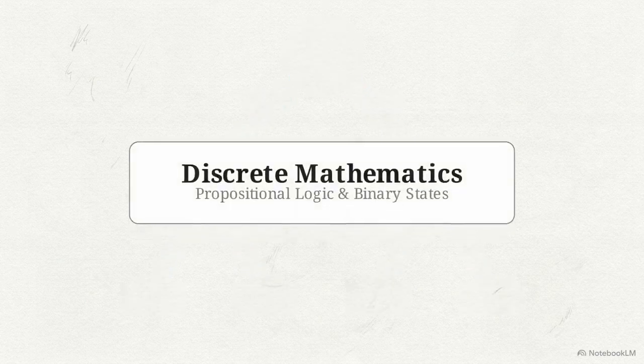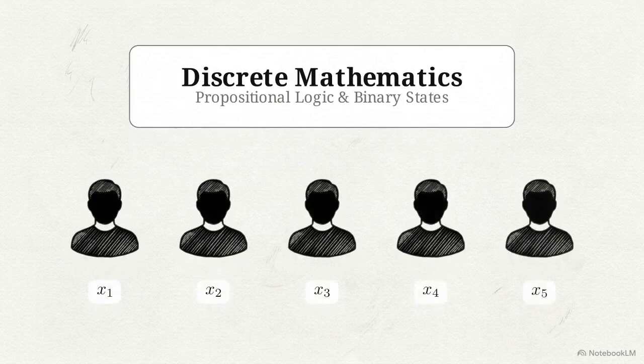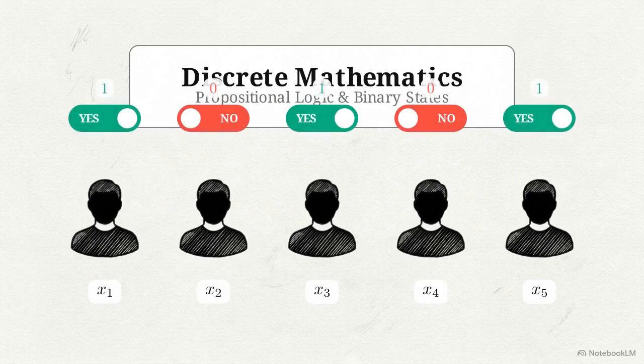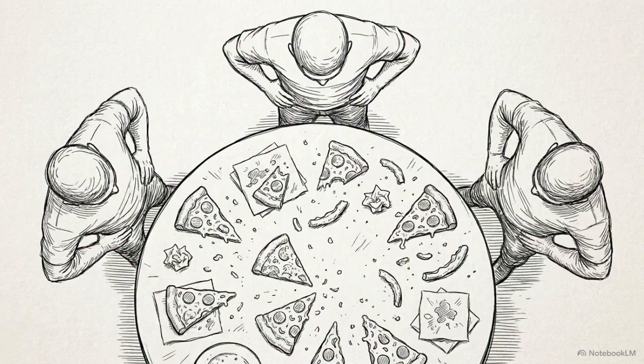This specific branch of math is called discrete mathematics. It deals with distinct, separate values, like individual people and their strict yes or no preferences. By solving this dinner order, you're using the same logic that modern software uses to organize data and make complex decisions. To find a solution, we first need to organize the friends by their specific needs, using a concept called